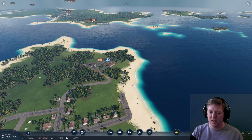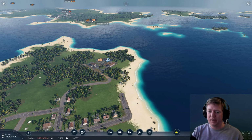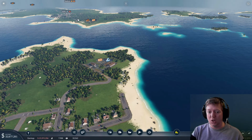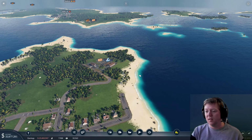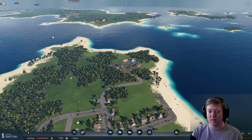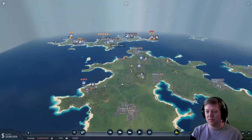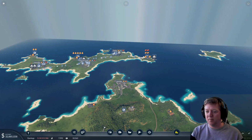Well, actually, no, that makes no sense at all. Although, does it? I don't know. I'm hoping it won't. But essentially, have a small boat that comes from here with the planks, brings the planks out here, does the tools. It then brings back some tools for that line, and then I've also got one other one that goes all the way back to the main town and drops off that stuff. So yeah, it will take tools back out to the starter island over here, and it will then also bring back